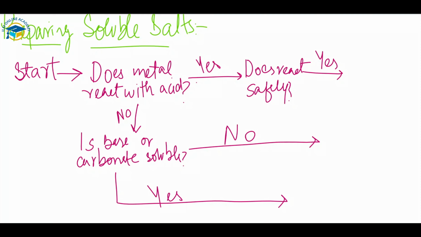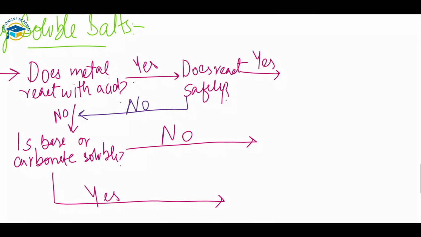If not, then you can move to another method, this one. So, does the metal react safely? If yes, then you have to move toward a specific method. If not, then you can go back towards this one. If it does not react safely, then you have to check the base or the carbonate to see whether it is soluble or not. So you can use three methods for preparing the soluble salts. If the metal reacts safely, then you can choose method A,